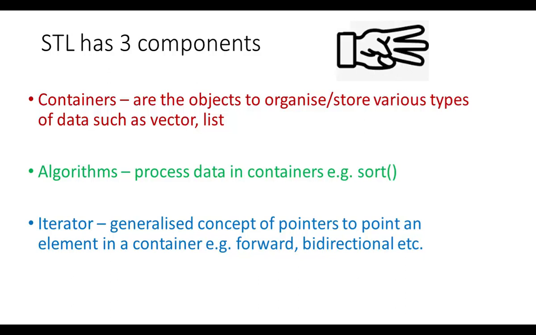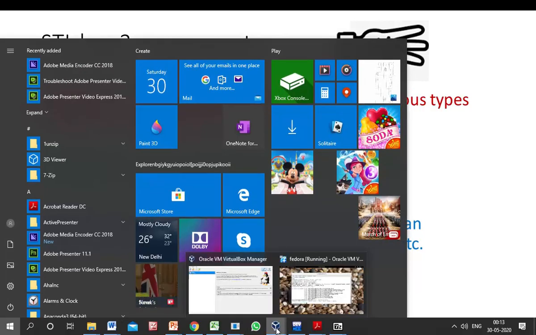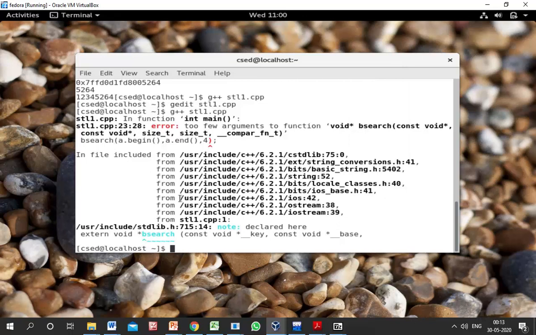So now we will move to the programming part. For programming, Dev C++ has limitations with the free version that you may have, that you have to include g++ 11 or higher. So I have tried, but I haven't succeeded to work with Dev C++. Only vectors can be done with Dev C++. You can try an online compiler, but in this lecture I will use the Linux based g++ compiler. So we will start here,